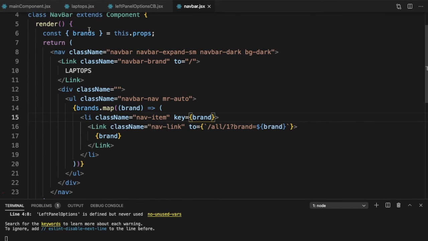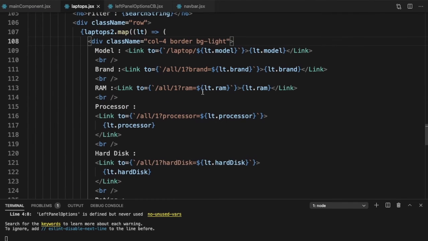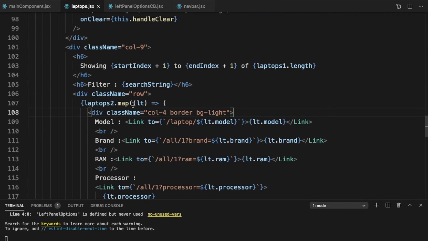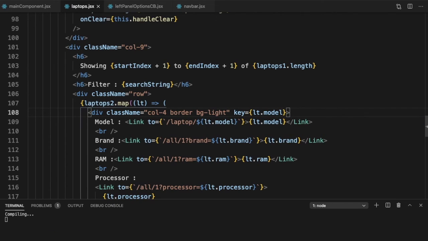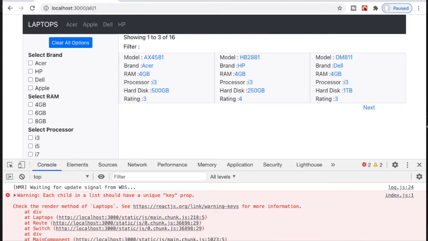So let's go ahead and check laptops. In laptops, this is where we are rendering all the laptops in a map. So here let's give another key is equal to. Now what would be the unique value here? We know the model name is unique, so we can do that. So just ensure that whenever you're giving these values, they are unique. If we go ahead and test our code again,